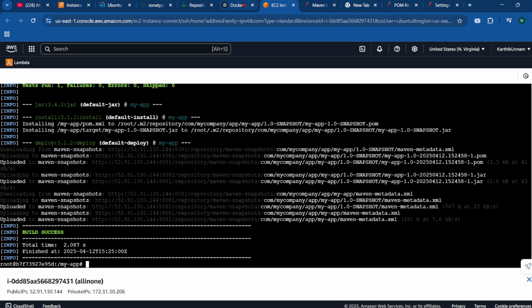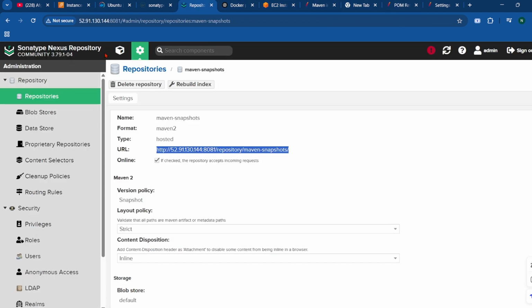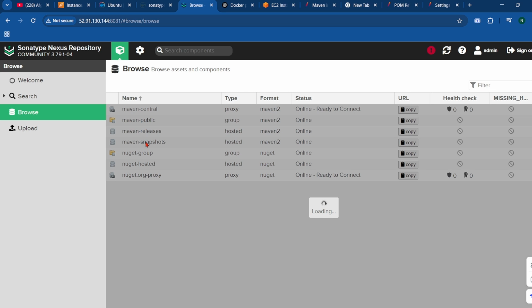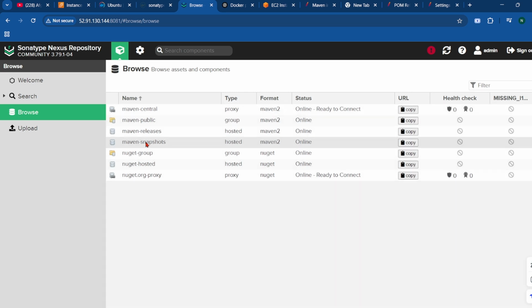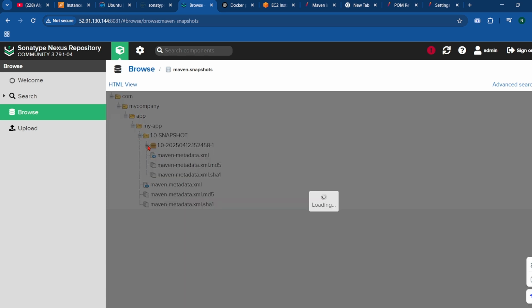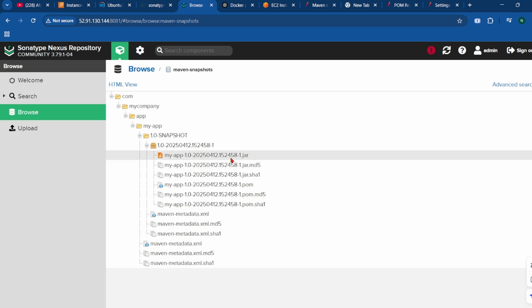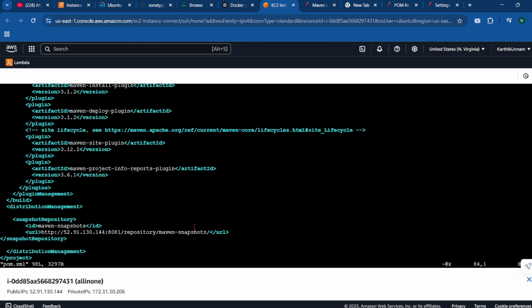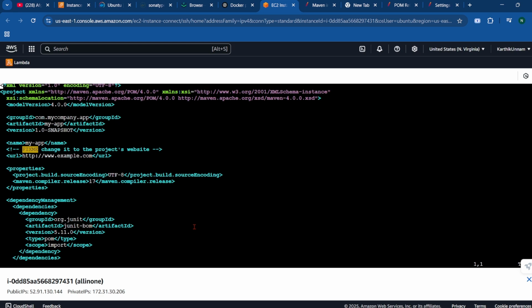Okay. Now, if we go to our Nexus repository, browse, here, Maven snapshots, right? See, in this Maven snapshot, this 1.0 snapshot, and in the jar we can see this. Okay. So for confirmation, I will change the version in pom.xml and redeploy, and we can verify that. Here it is version 1.0 snapshot, right? So I will make a change to this